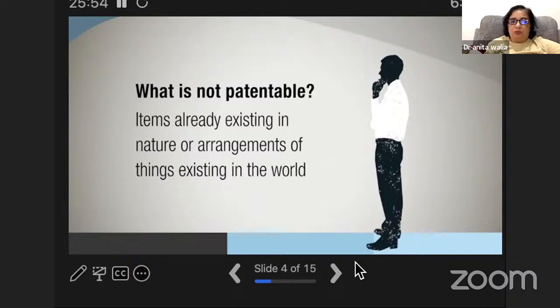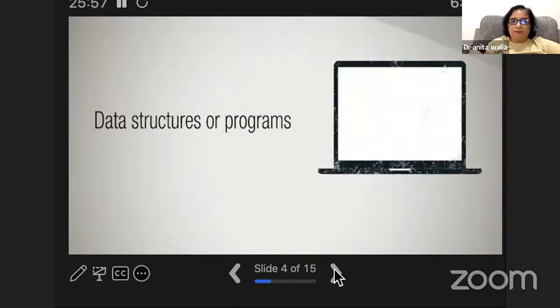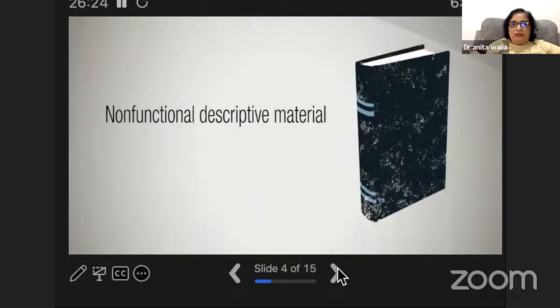Like, for example, data structures or programs. If you are creating some DBMS or something, those cannot be patentable because these already exist and you are just rearranging things. There are some programs that can be patented for what they do if it is totally novel, which no other program can do. Okay. So non-functional descriptive material, which I took from the website of the IPO, cannot be patented standing alone. Programs cannot be patented for what they do in some cases.